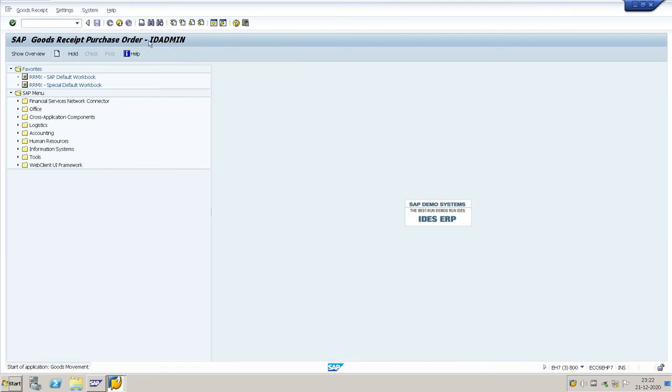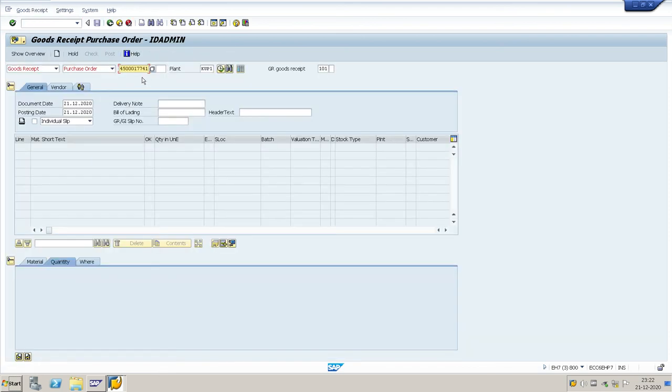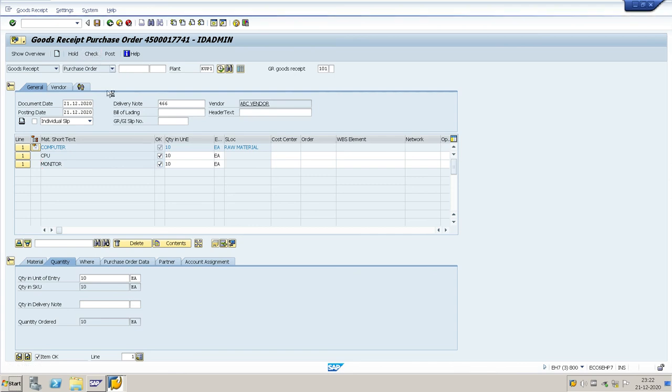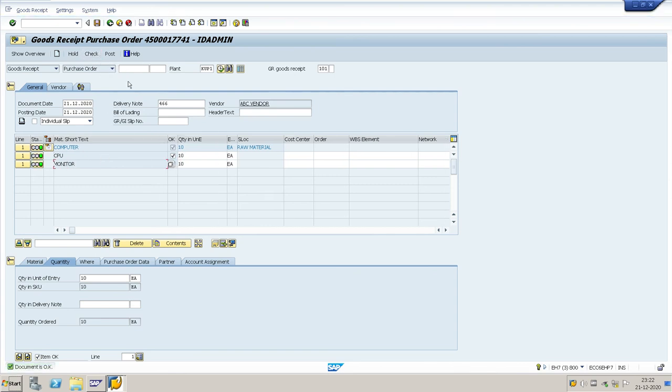MIGO, enter the PO number, and I will enter the quantity. This is the main part number, the computer. Inside, the sub parts available are the CPU and monitor, 10 numbers. So we check the entry before posting the goods.